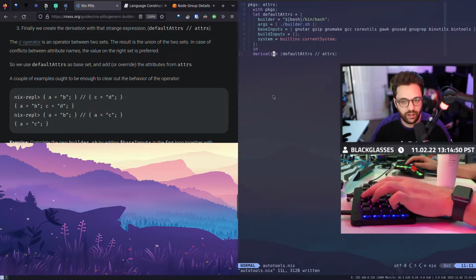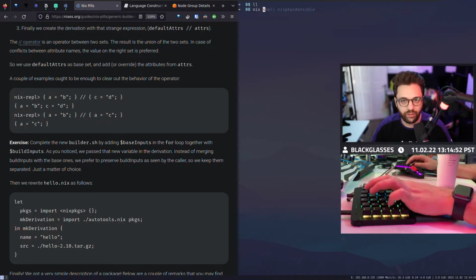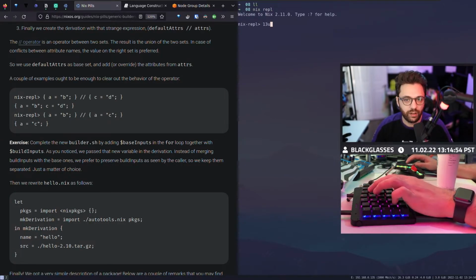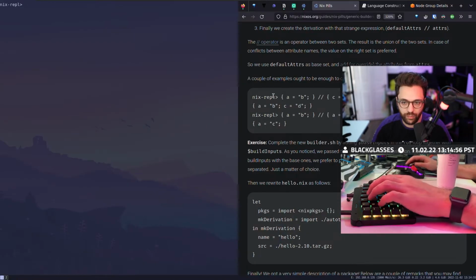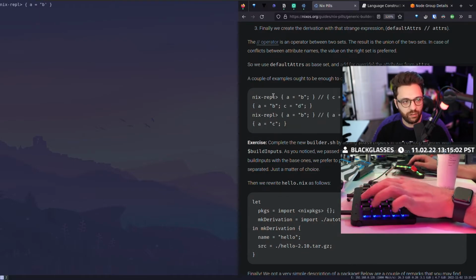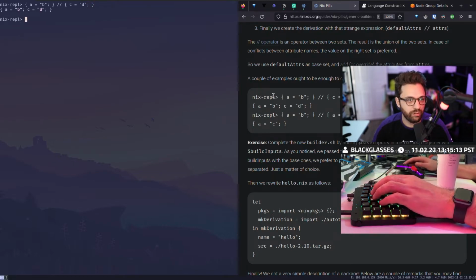If we try and follow their example really quickly, if we just go into the REPL, let's create an attribute set of A equals B. And then we're going to merge, using the double slashes, D into that attribute set. So when we do that, look at that.